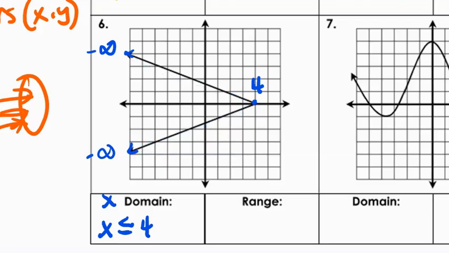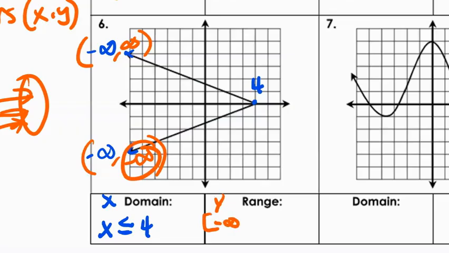Okay, now let's look at the value of Y. I'll keep those blue marks there. So my Y here is what? Positive infinity. Here, negative infinity. The same thing I did on my number 5. So if I look at the Y, I'm going to the lowest value of Y, which is negative infinity, until the highest value of Y, positive infinity. Or we can write this as all real numbers. Okay? So that's how you analyze the graph.